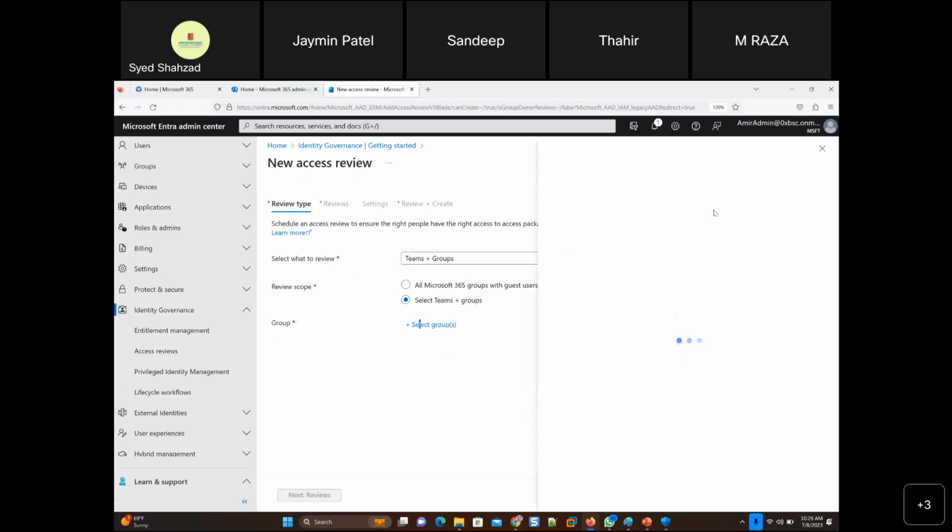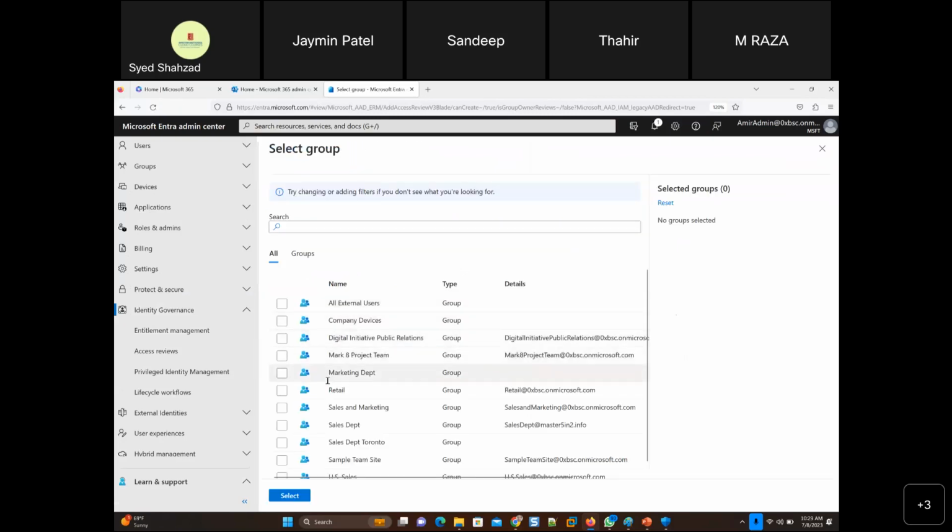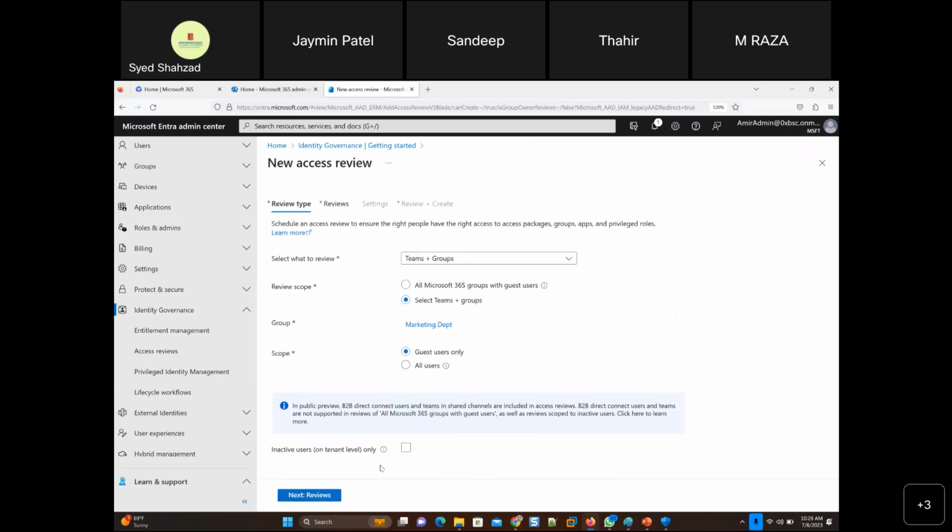If I click select group here, we have created some groups there. So I'll go for the marketing department group. Actually it's not an email group, it's a security group. Well, I'll click select.